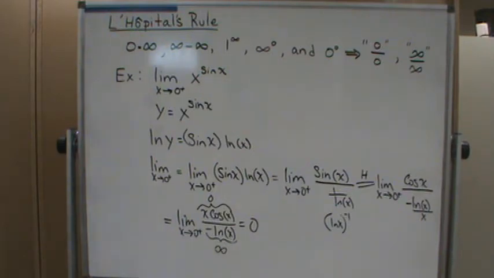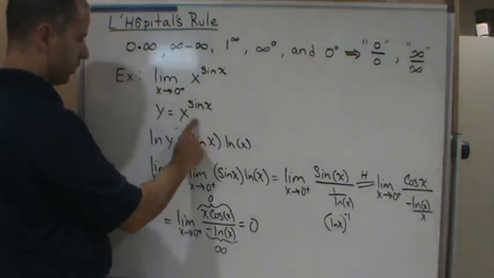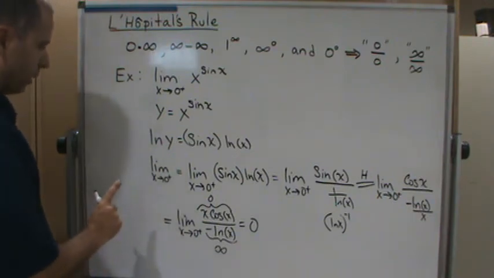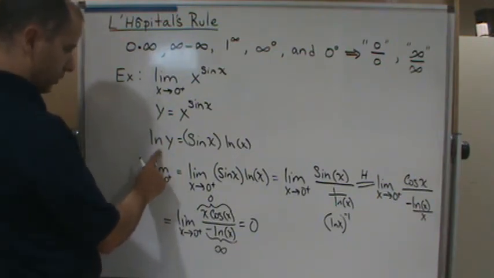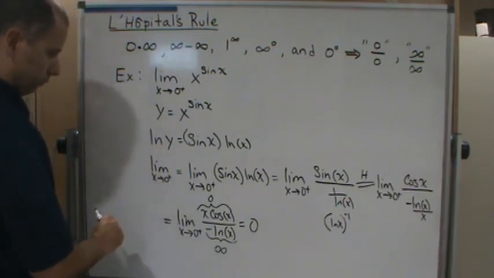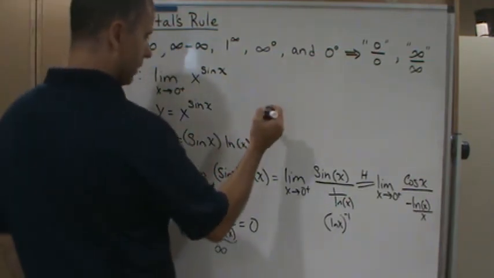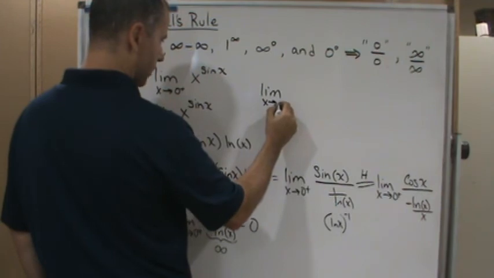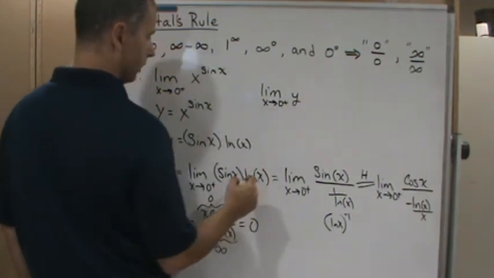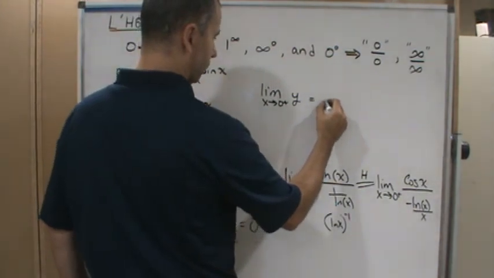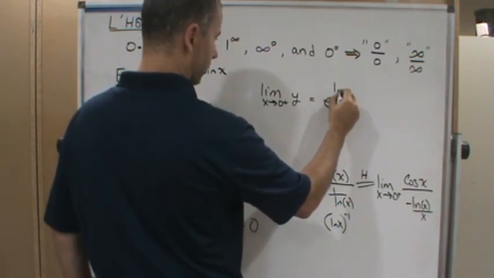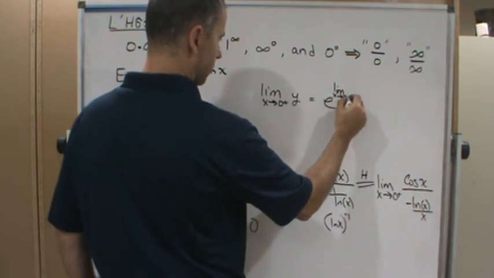Now, we're not done yet. What was the original thing we did? The natural log. So we just found the limit of the natural log of y. Okay? Which means then the limit as x approaches 0 from the right of y is equal to e to the limit as x approaches 0 from the right of